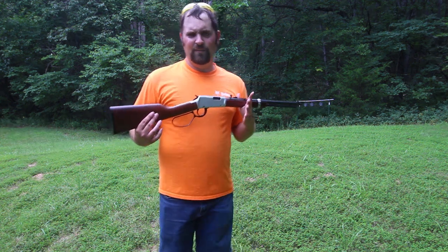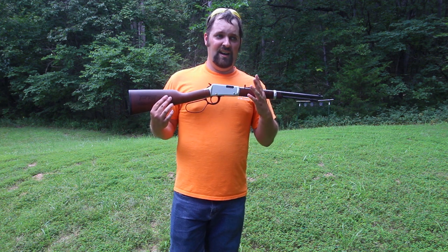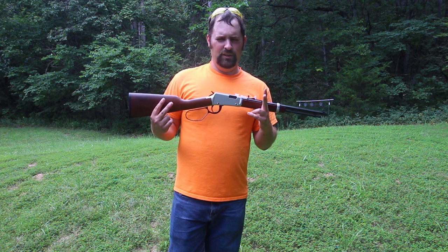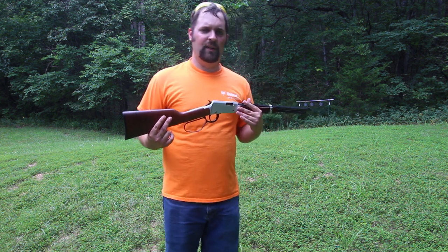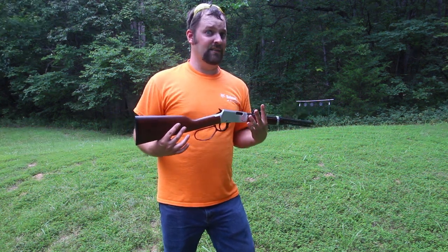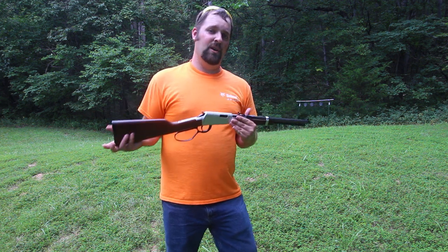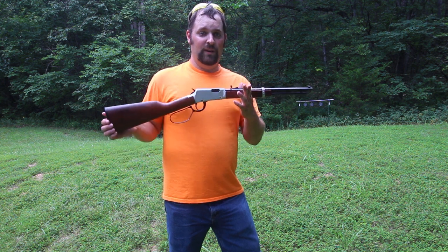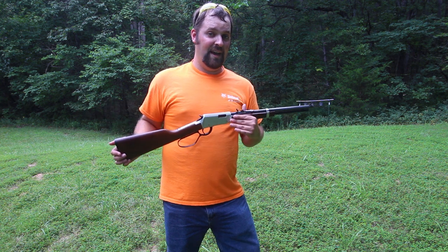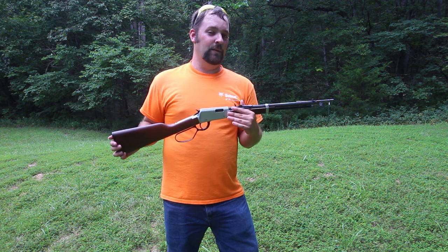I've said it in a video in the past, you know, a gun like this could make for a good secondary gun for when you're hunting. I forget how I put it in that video, but basically, if you're out deer hunting, and everybody knows that when you're out deer hunting, you see all the squirrels in the world, and you hardly ever see any deer. So, if you had room for a small 22 rifle like this that you could shoot 22 shorts out of, this could make a good rifle. If you were bored and you're in the deer stand, you could take out a few squirrels,